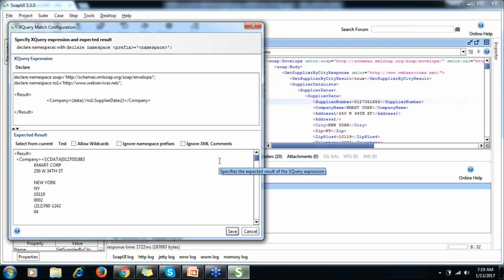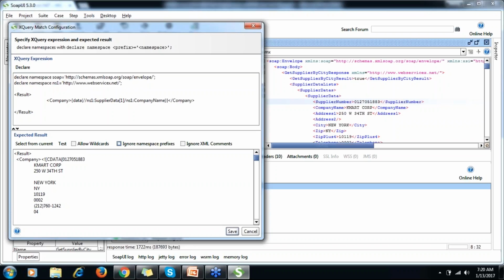Based on what kind of information you require, you can write XPath. Suppose you want a specific company name. Suppose I say from the first supplier, tell me the company name. So what is the tag?